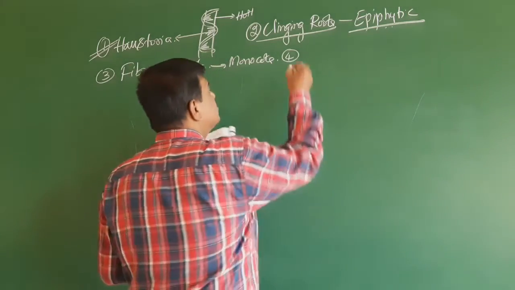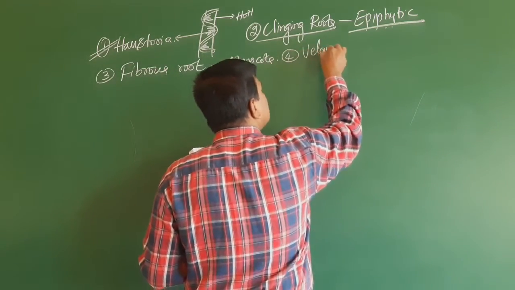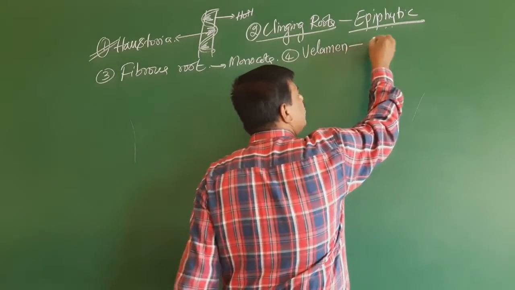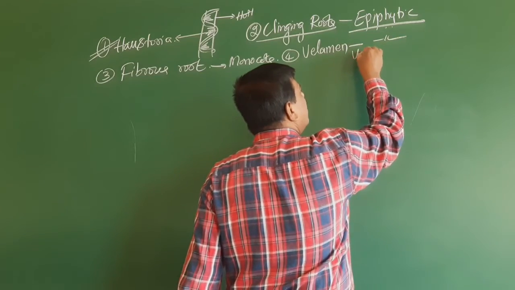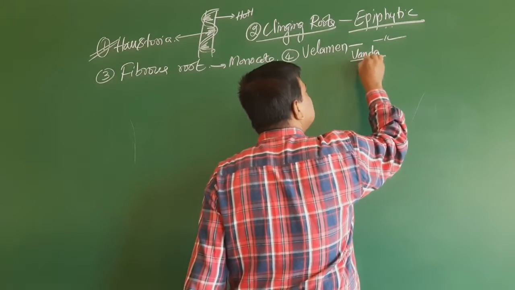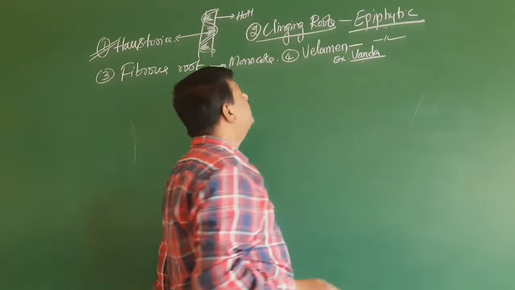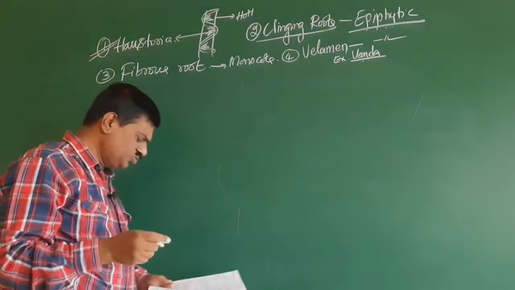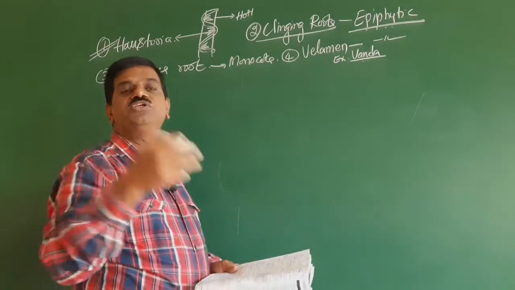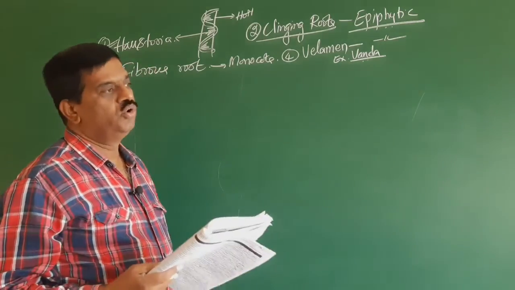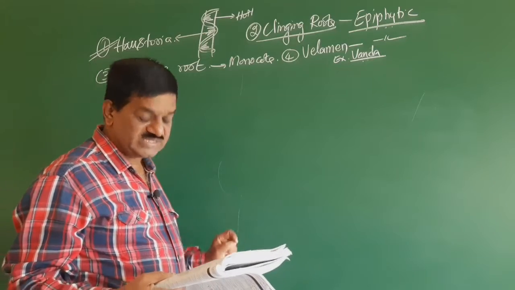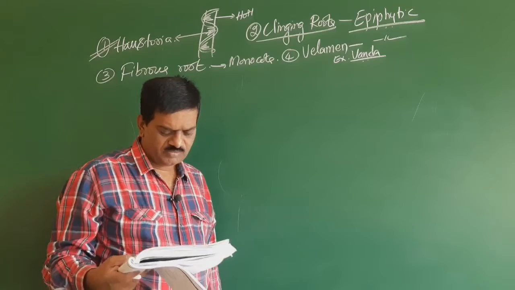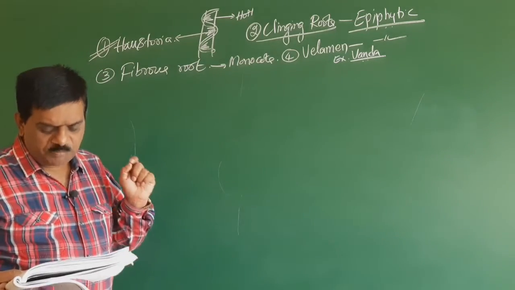The next one is velamen roots. So in velamen roots, again it is called as epiphytic plant, and the example is Vanda. So this is not the answer. The right answer is called as Haustoria. So Haustoria produces finger-like projections and penetrate into the host plant, hence it is called as parasitic. We go for 36. In Mimosa pudica,